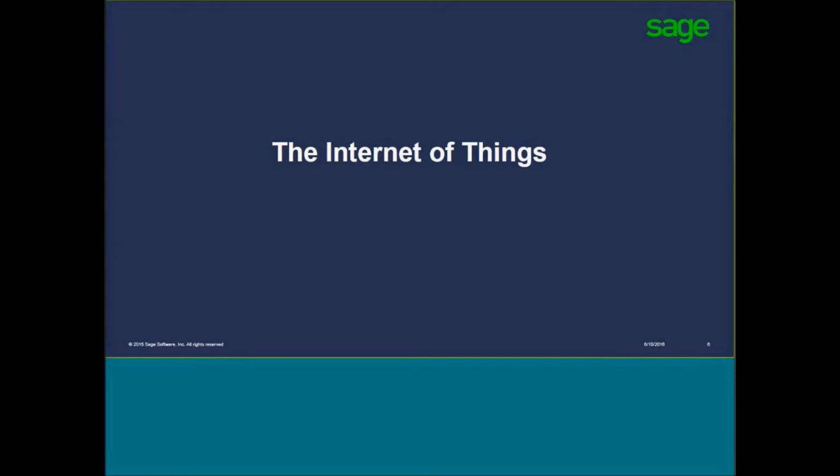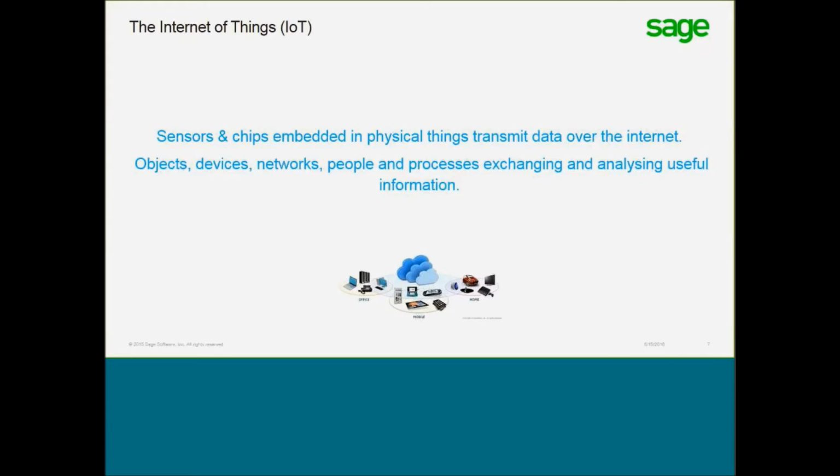Okay, so the Internet of Things. The Internet of Things is essentially the connectivity of products, things, chips, and sensors across the Internet itself, and it is the ability to transmit data across different devices over the Internet. It's a very simple concept, and the term was first coined by Kevin Ashton, who's a British entrepreneur, for the idea of interconnecting physical devices. So it's as simple as that. It's a big word, but the concept is very simple.